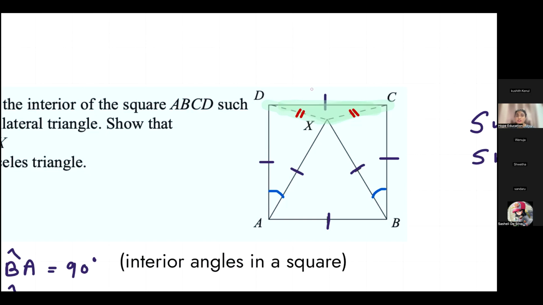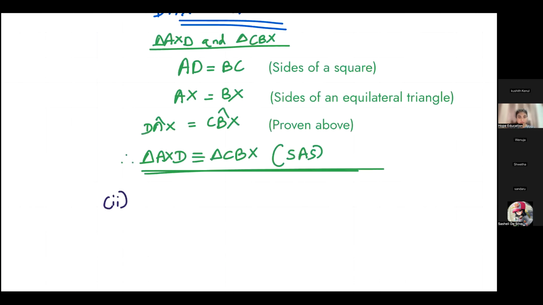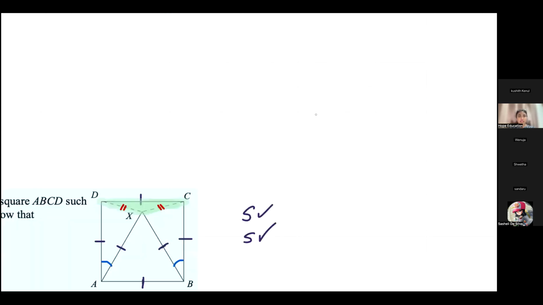We said this triangle and the other are congruent. If they are congruent, all three sides of this triangle are equal to all three sides of the other triangle, and all the angles are also equal. That is why these two, DX and CX, are equal. I will write it here. Angles are ADC, BCD, wait. ADC,